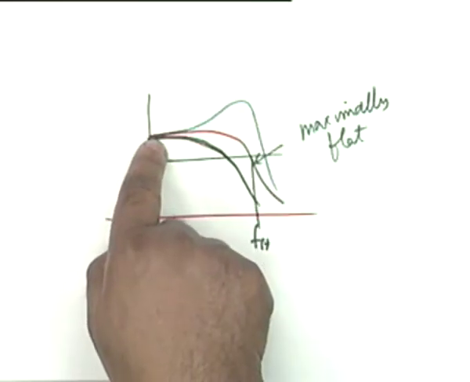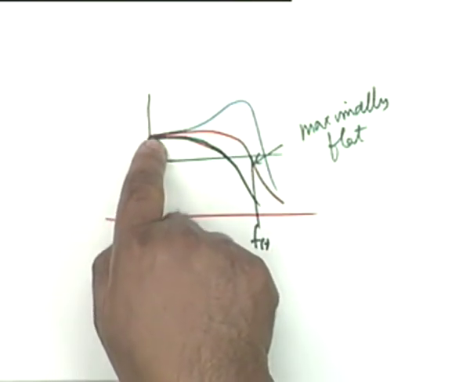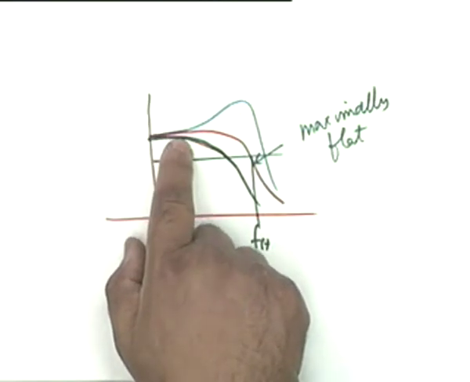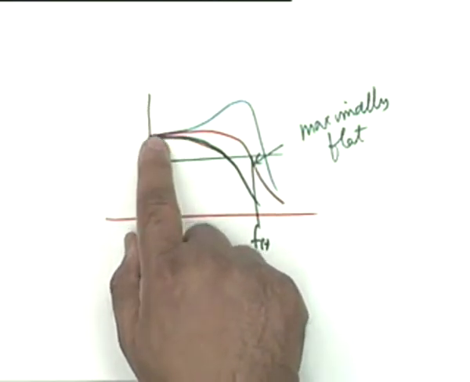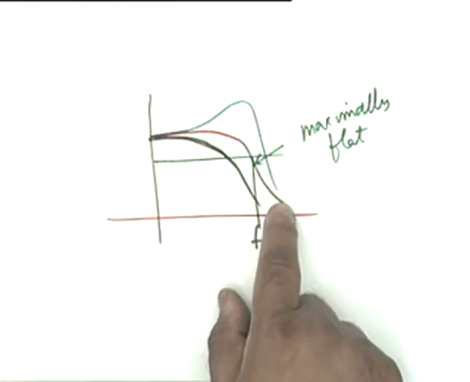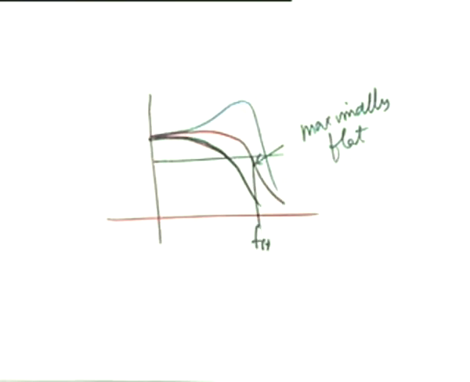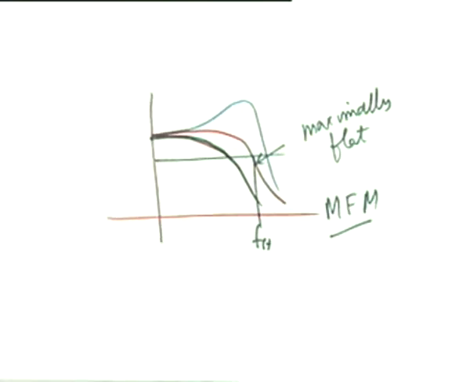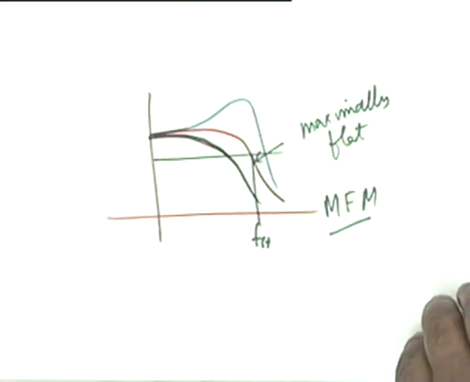Now I shall show next time that for the red curve, for this particular situation, this is the best that we can do. We cannot get more than 2 flatnesses, and this flatness I shall assume at omega equal to 0. Okay. So, I want flat here first order and also second order, and that would be the red curve, which will be called maximally flat, or in short MFM, maximally flat magnitude, and this is what we shall explore tomorrow.